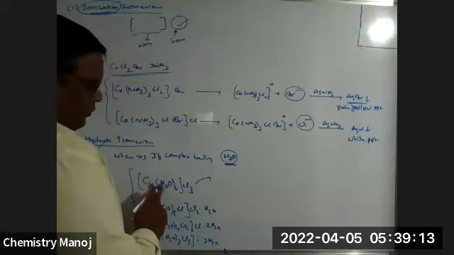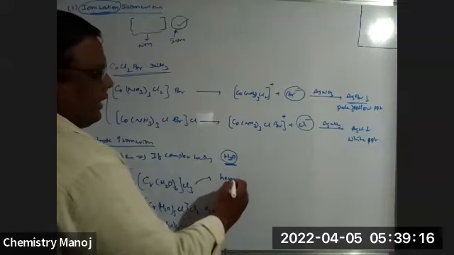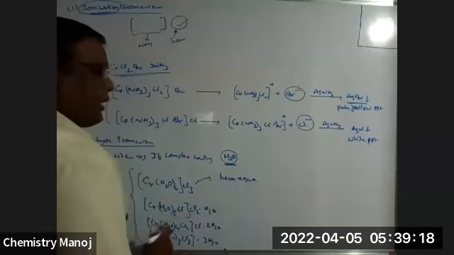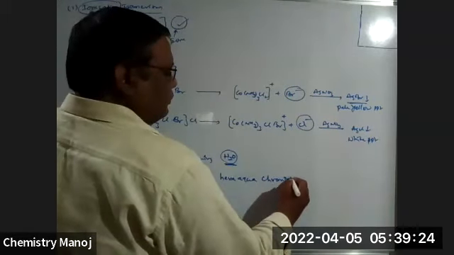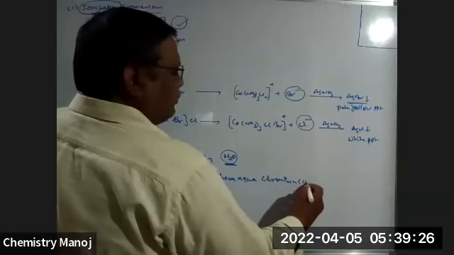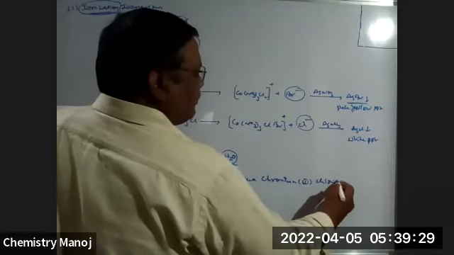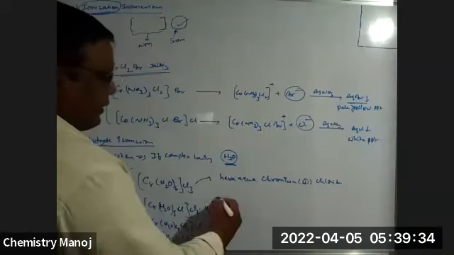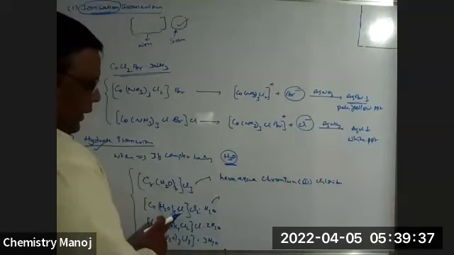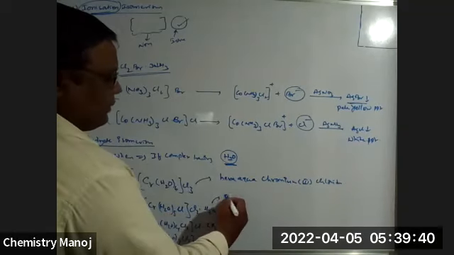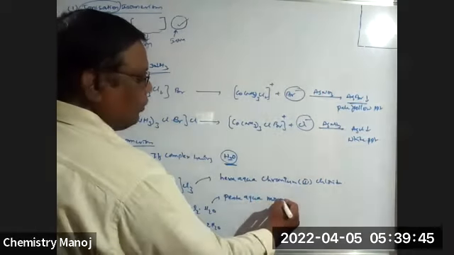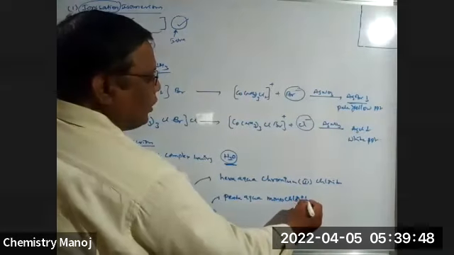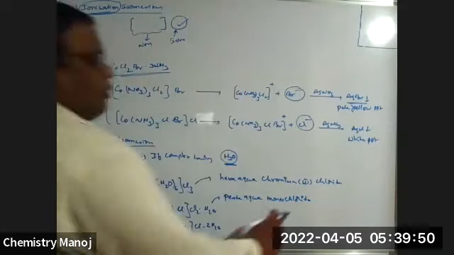So here 6 water molecules: hexa, aqua, or aqua, both are same. Chromium, three chlorides. Now, what is the name of this complex? Penta aqua, one chloro only. That is penta aqua monochloro or chlorido. It is better to go with chlorido only. Monochlorido,